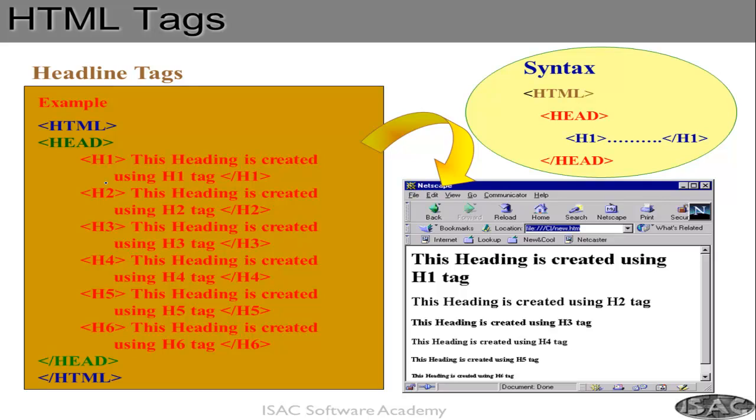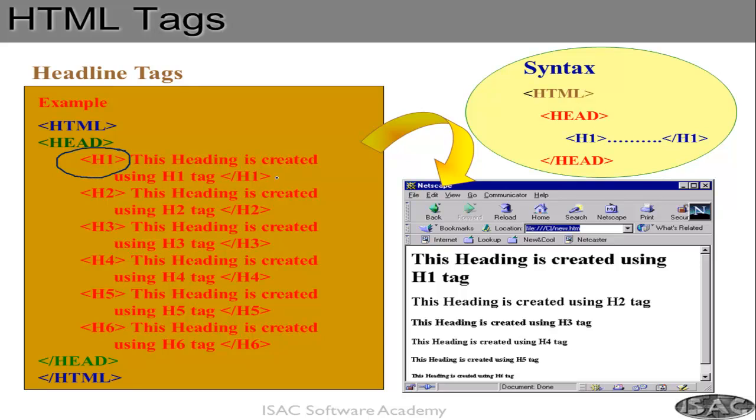H6 is very small. Now, sometimes when you write a paragraph or a story, you need the title big, then you need the sub paragraph title a little smaller, and then you need the paragraph, right? By default, you can use H1, H2, H3 to create that kind of structure, and it will look nice. The paragraph will look nice. Because think about it, if you write the whole story and all of it is in the same font, reading it becomes very difficult. So this is called the H1 tag,